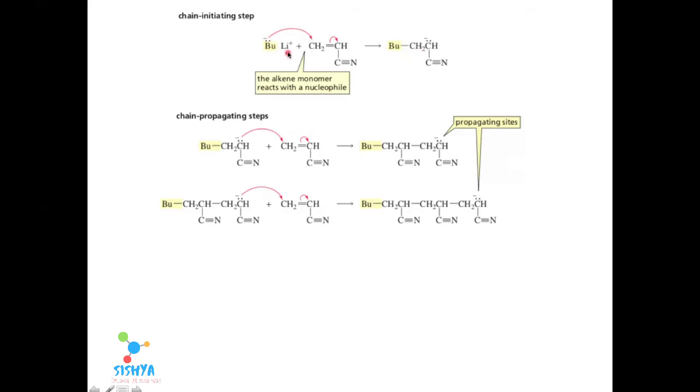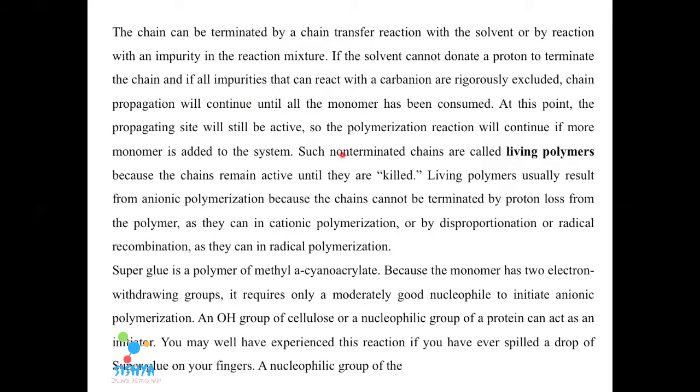Butyl lithium, when it reacts with the carbon, leads to formation of a butyl carbon chain. Then the chain, when it is propagated, will react with another monomer unit to propagate, and the propagation can be